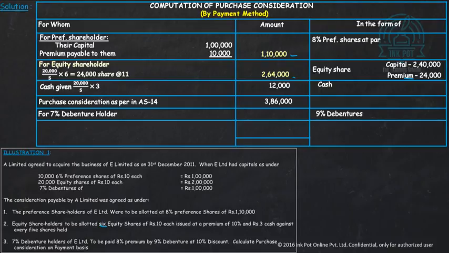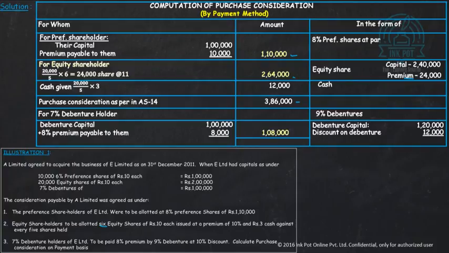After that, 7% debentures of E Limited to be paid 8% premium. डिबेंचर होल्डर्स कितने थे, 1 लाख. अगर 8% प्रीमियम ऐड कर देते तो कितना बन जाएगा, 1,08,000. और इसको हमने क्या किया है, they have given at a discount. Now how will we calculate this? It can be calculated in this manner, that is 1,08,000 divided by 100 rupees का शेयर, 10 का discount, it will become